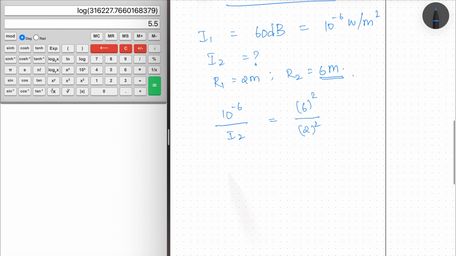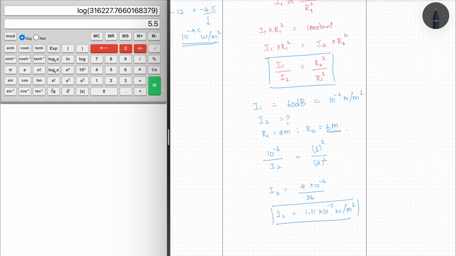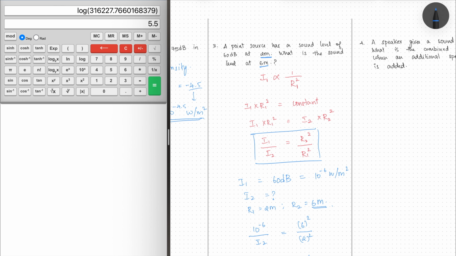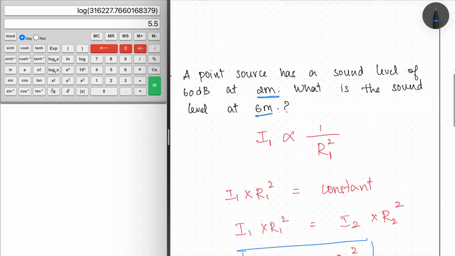So you'll get I2 is equal to 4 into 10 to the power minus 6 by 36. And when you calculate, you'll get 1.11 into 10 to the power minus 5 watts per square meter. This is the intensity of that point source at 6 meter from it. And if they had asked what is the intensity of it at 4 meter, then you can simply subtract